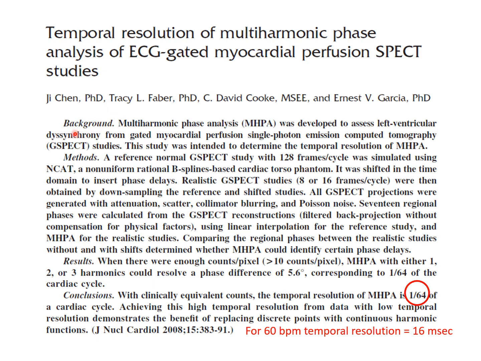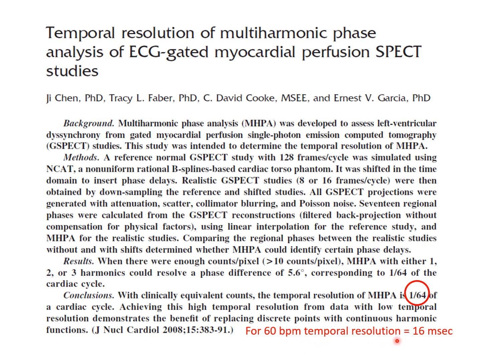But you see in this paper by Ji Chen at the time from our lab that he proved that with this fast Fourier transform approach and using the techniques that I talked to you about before, you can actually detect changes in onset of contraction within 1/64th of the cardiac cycle, which for patients with a 1 second per beat